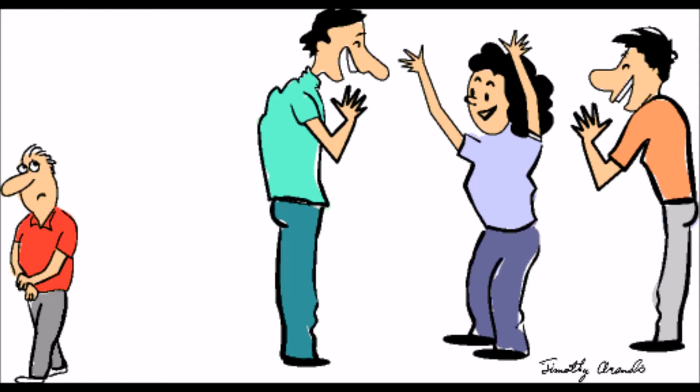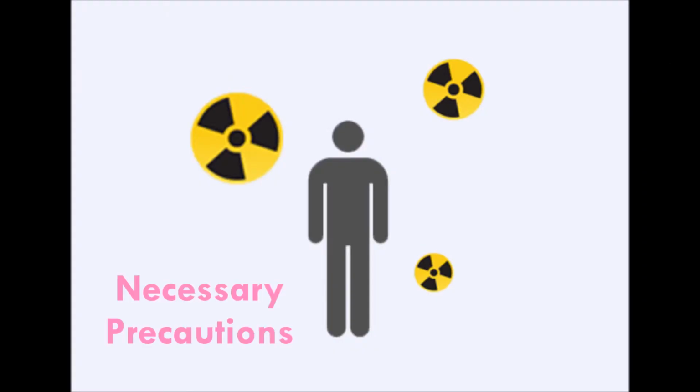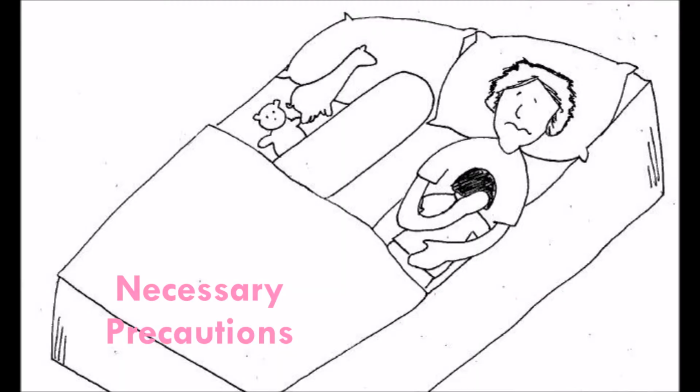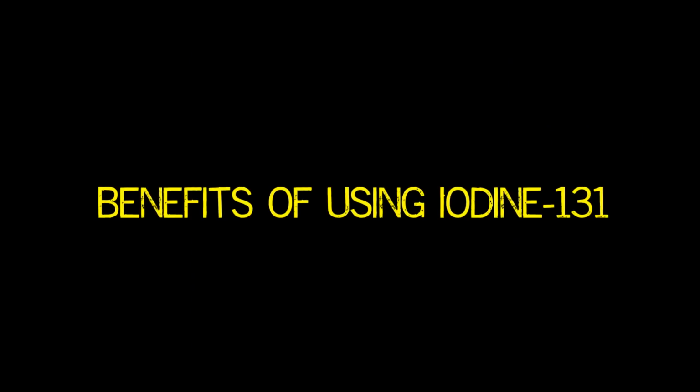Depending on the dosage, some patients may need to have the least amount of contact with other people and take necessary precautions to prevent the people around them from being exposed to the radiation for around 2 to 4 days. The benefits of using iodine 131 as a treatment for hypothyroidism is that there is no need for any